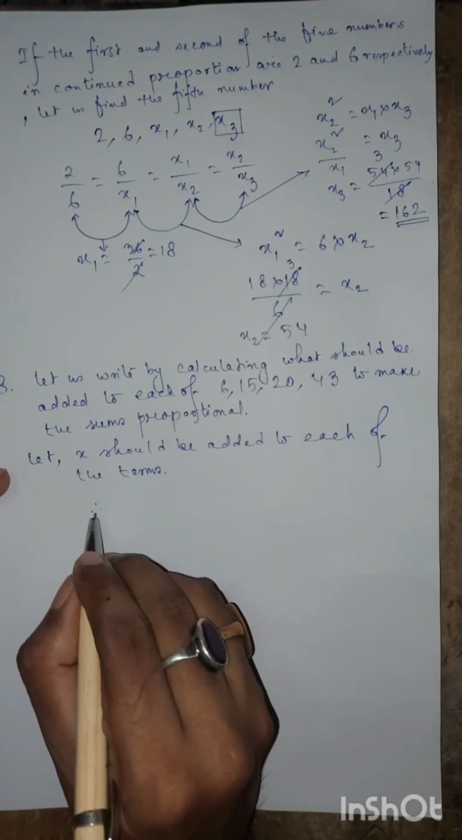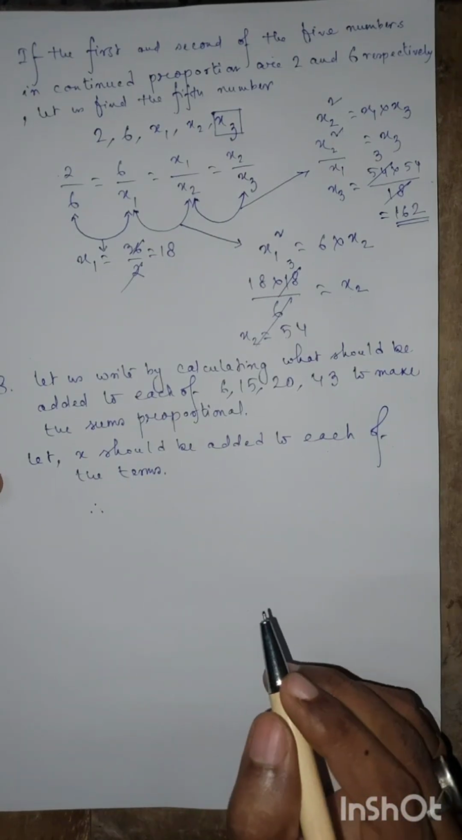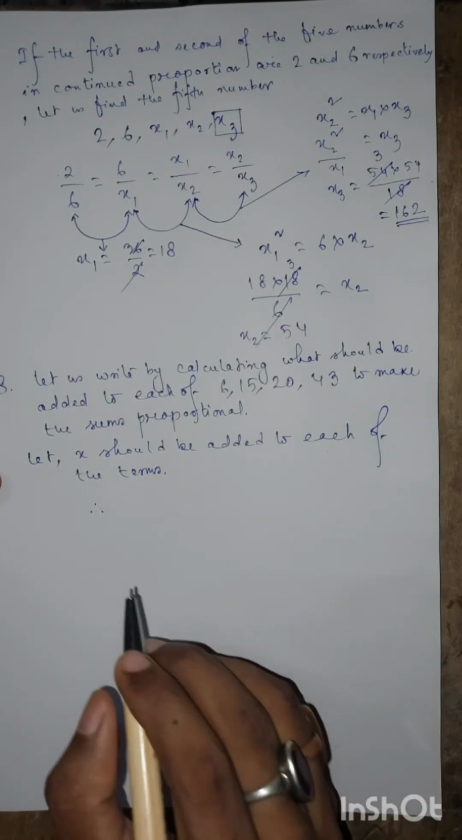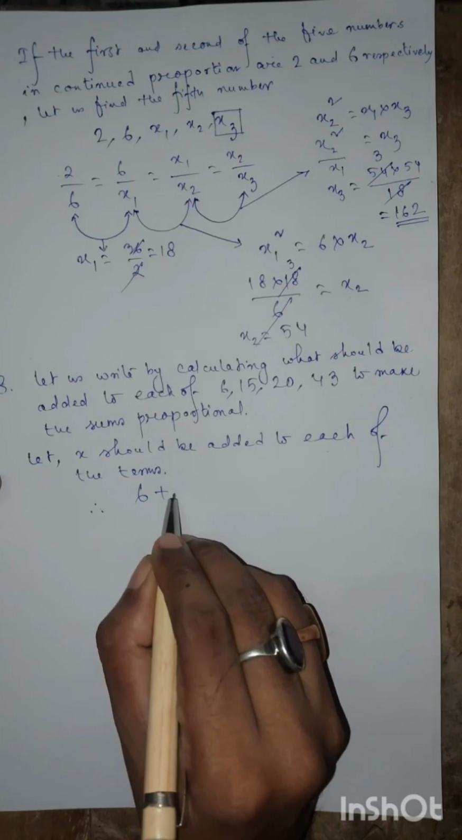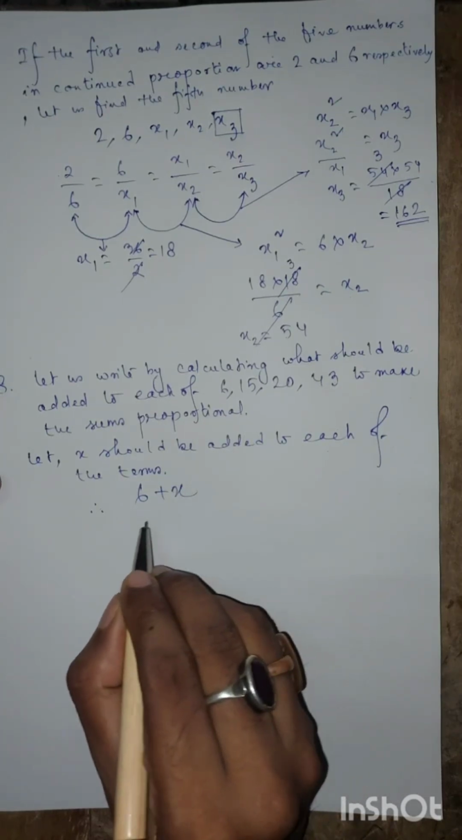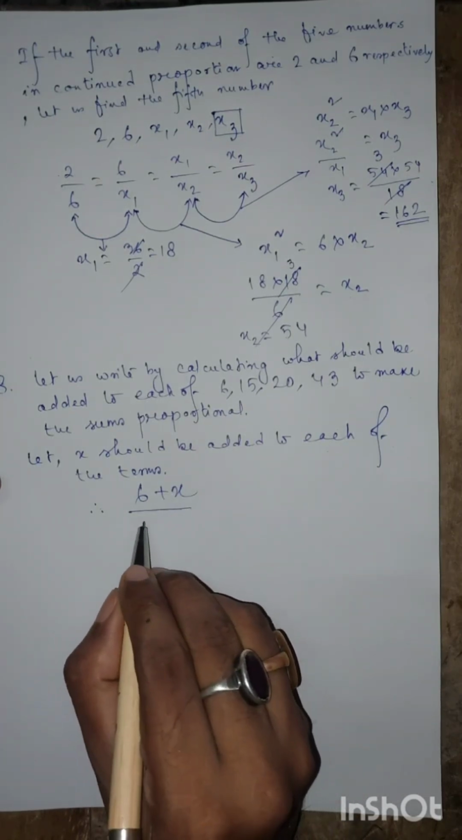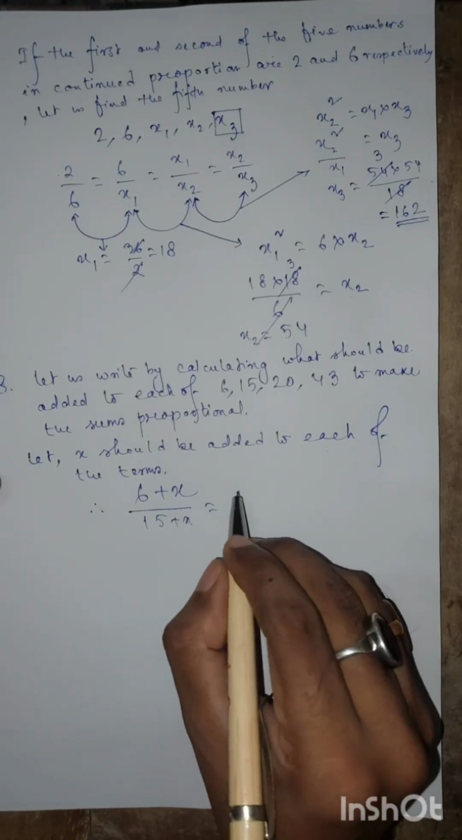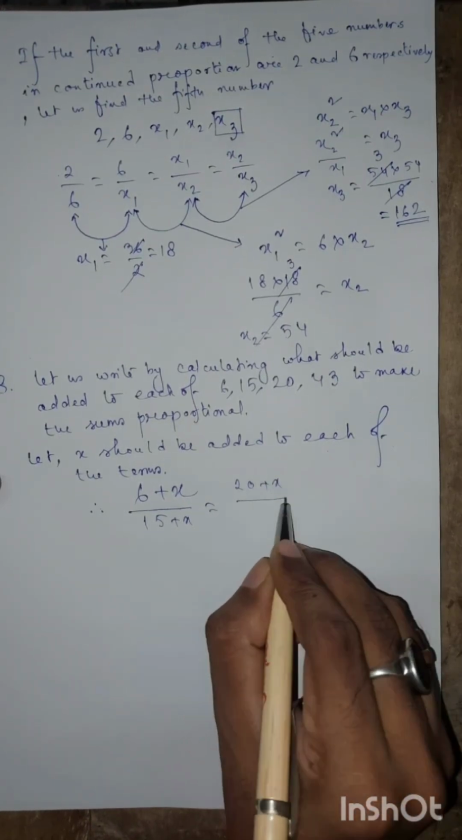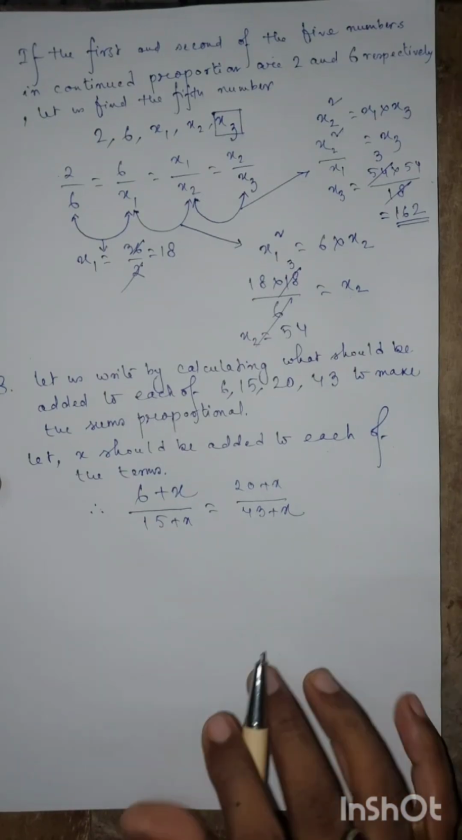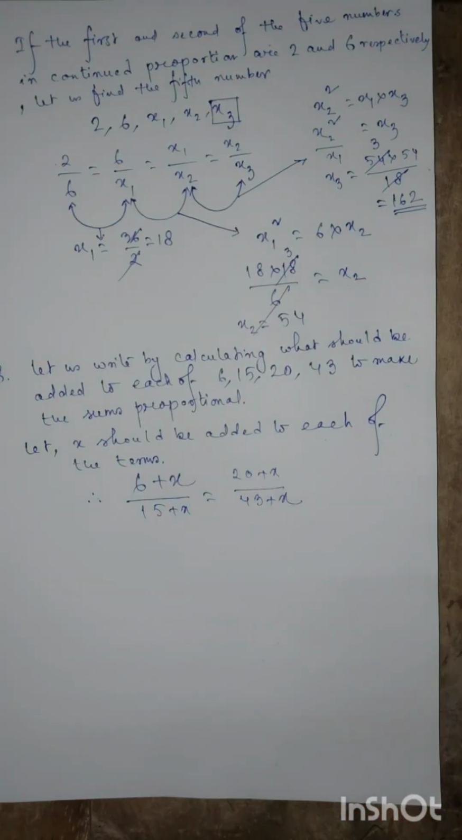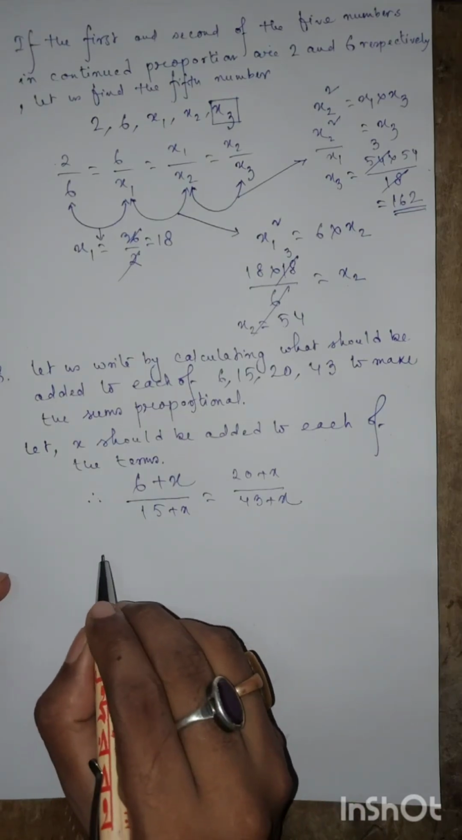Therefore, 6 plus x by 15 plus x is equal to 20 plus x by 43 plus x. Okay, so after addition of x, all these terms become proportional. So this is what we get. Now if we cross multiply,